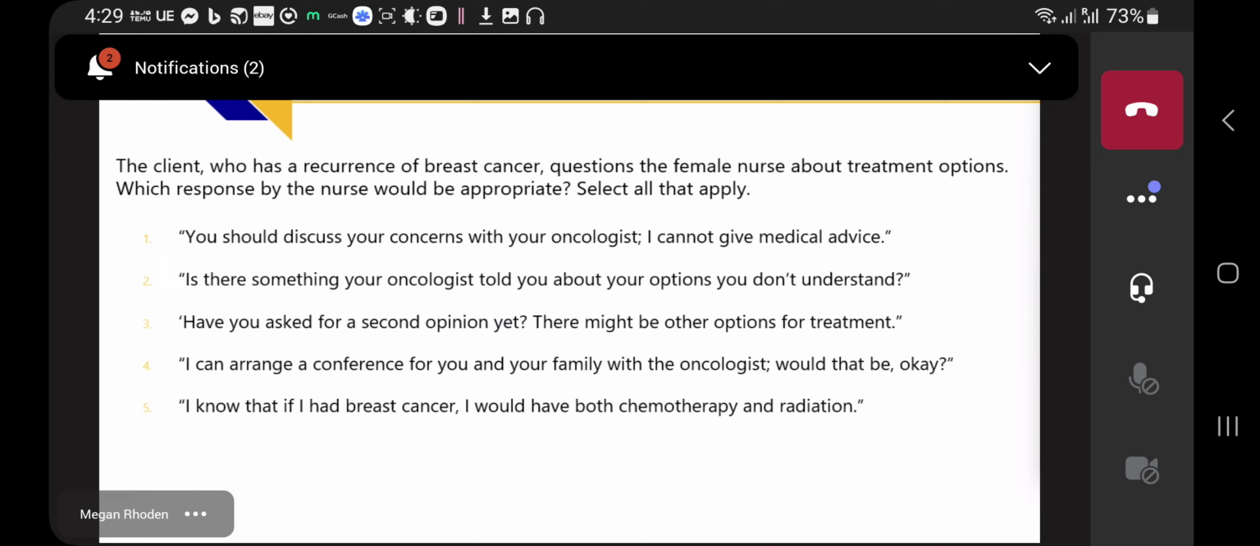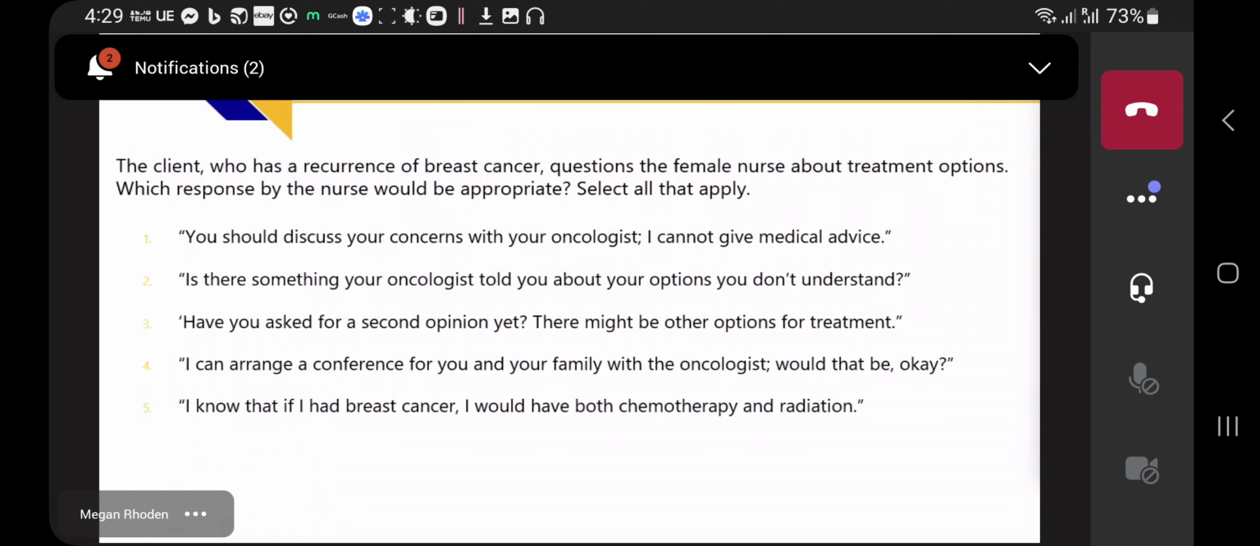I cannot give you medical advice. Number 2, is there something your oncologist told you about your options you don't understand? Number 3, have you asked for a second opinion yet? There might be other options for treatment. Number 4, I can arrange a conference for you and your family with the oncologist. Would that be okay? And number 5, I know that if I had breast cancer, I would have both chemo